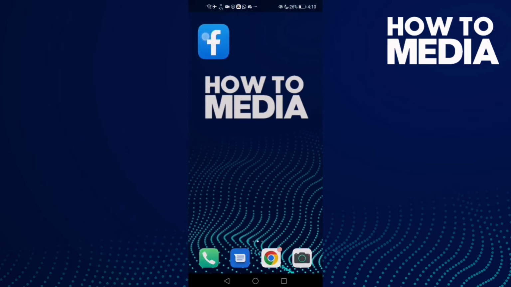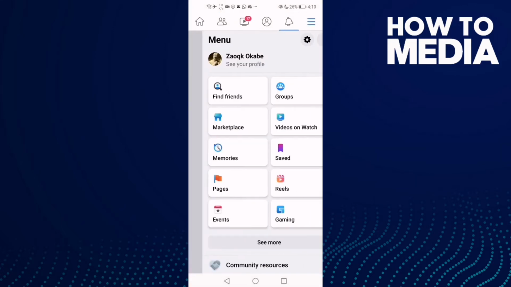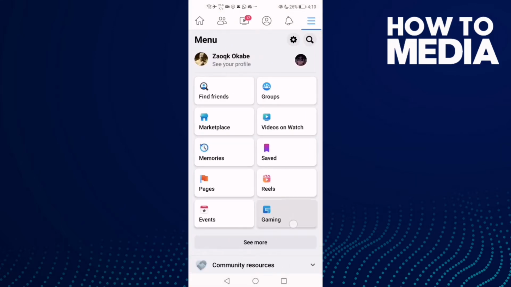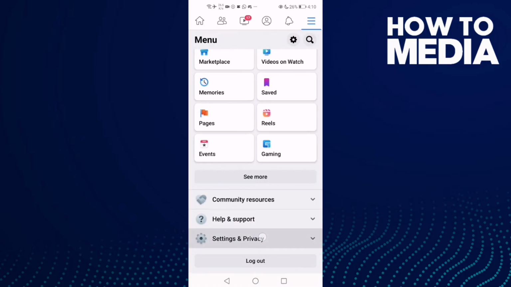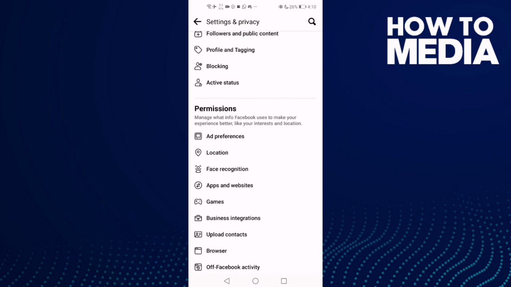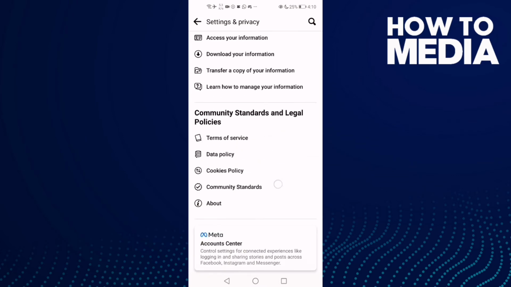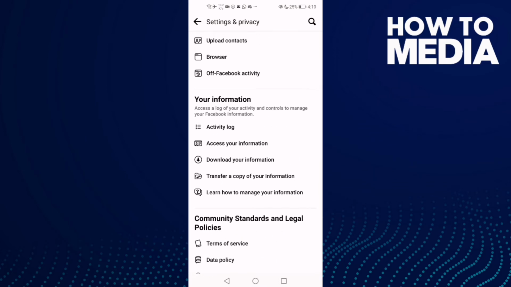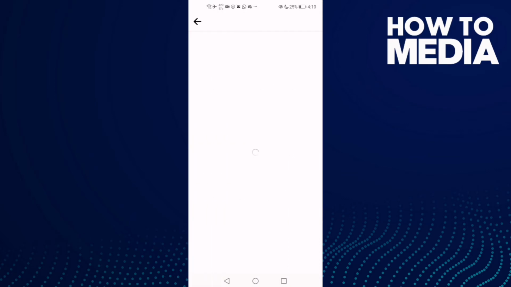First thing, go to Facebook and then click these three lines here in the top corner and go down, click Settings and Privacy and then Settings, and now just go down here until you find Transfer a copy of your information,